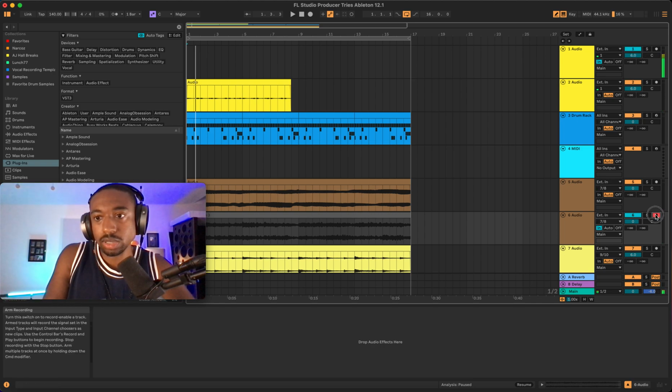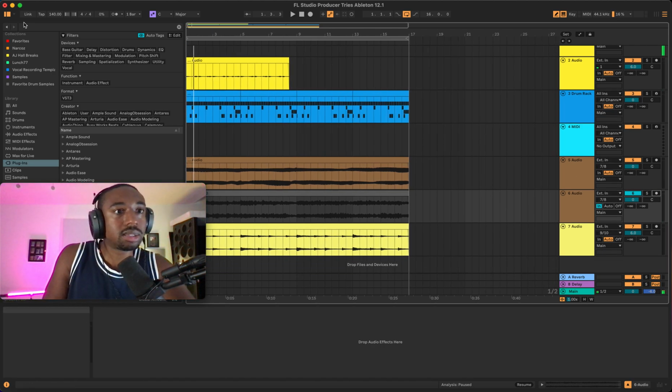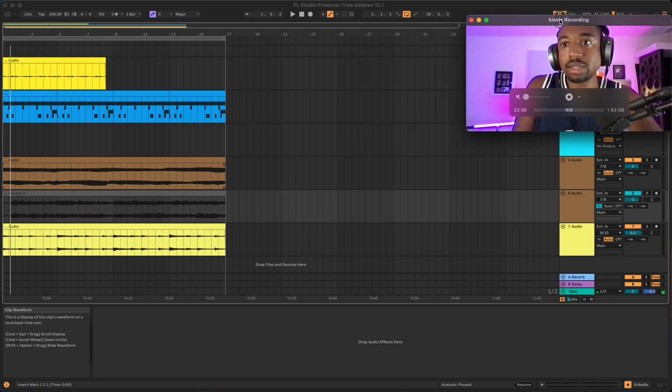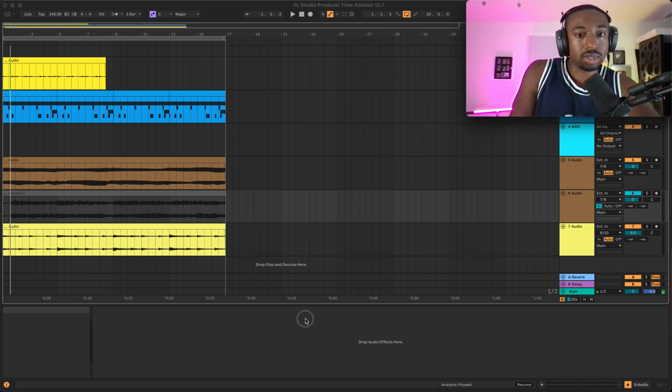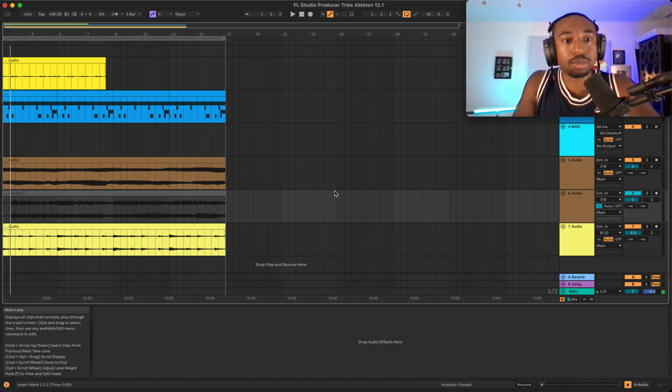All right, so what I'll do is I'll see, remember we extracted that groove? There has to be a way to record your camera and not have this in the way. There has to be a way. I'm gonna start watching Ableton tutorials to see where they put the camera, because there's like no place in Ableton where you just can put a camera.